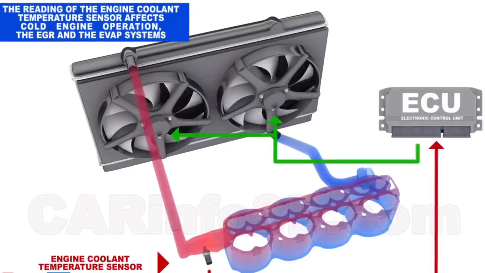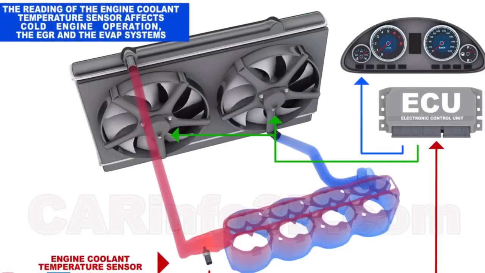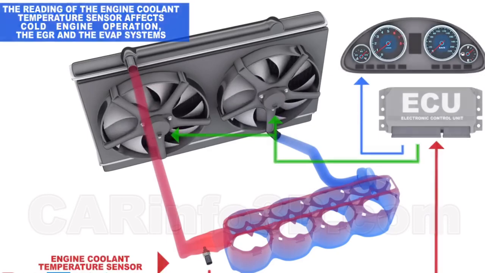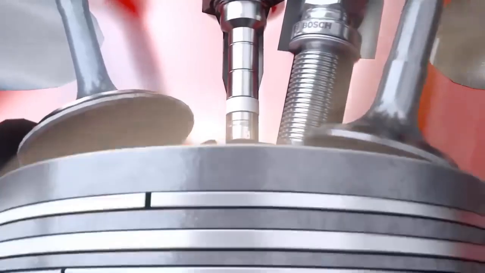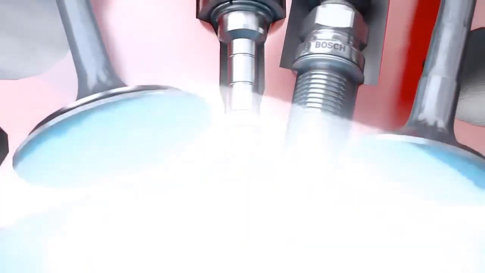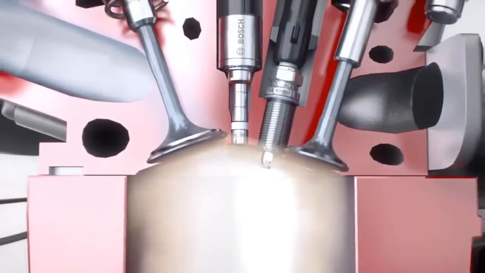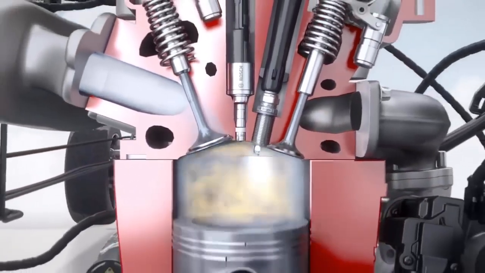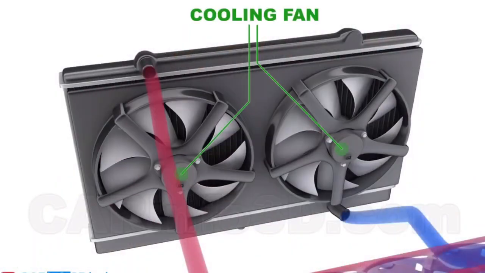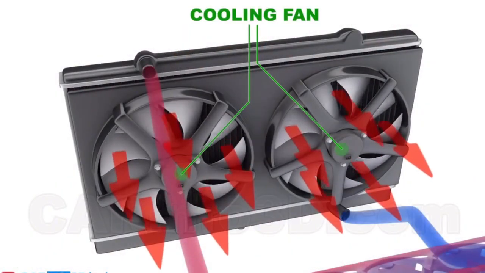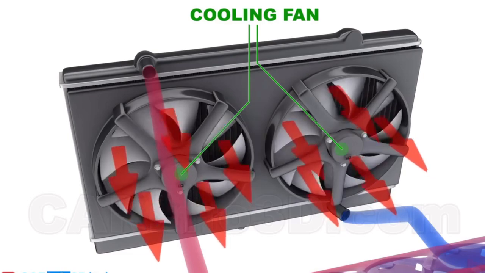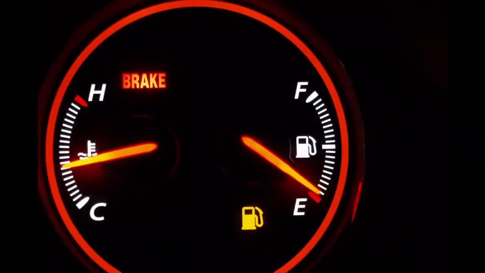The ECU interprets the voltage signal to determine the coolant temperature. It uses this data to adjust various engine parameters, such as fuel injection, to enrich the fuel mixture when the engine is cold to improve starting and warm-up. Ignition timing, adjusting spark timing for optimal combustion based on temperature. Cooling fan operation, activating the radiator fan when the coolant exceeds a certain temperature. The CTS also provides real-time data to the dashboard temperature gauge or warning light, alerting the driver to the current